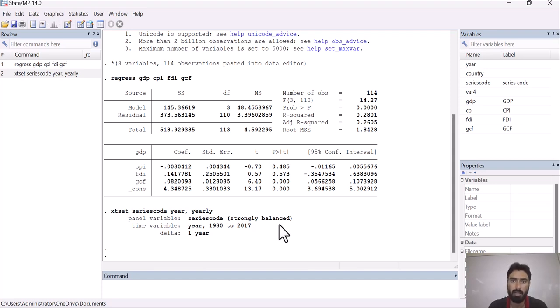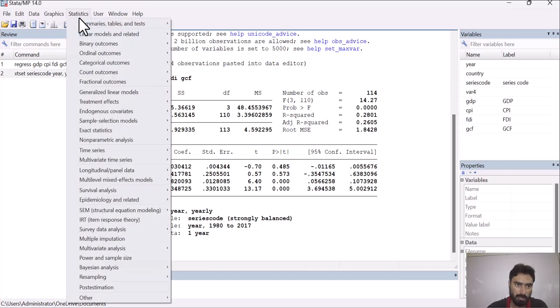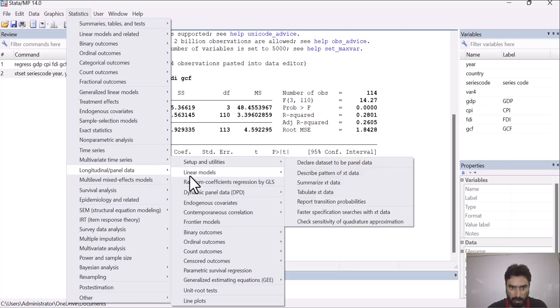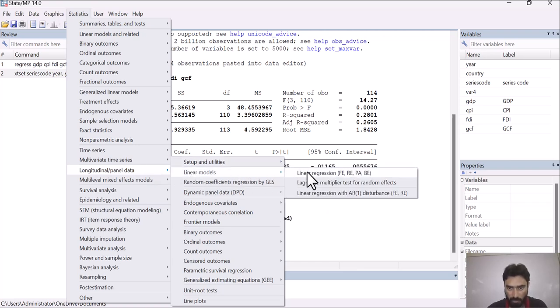So here we have made our data set as panel. Now go to Statistics, then go to Longitudinal/panel data, then go to Setup, and then go to Linear models, then go to Linear regression,